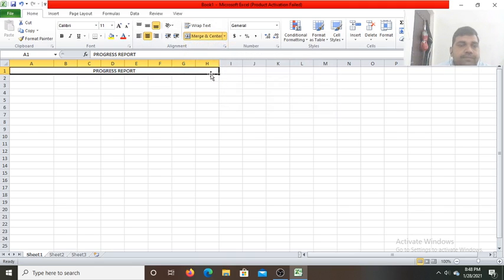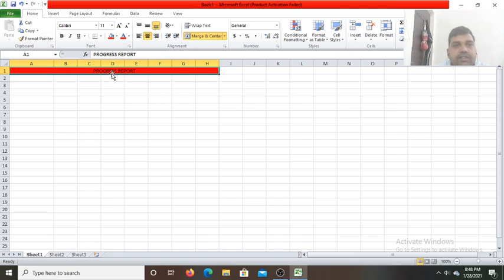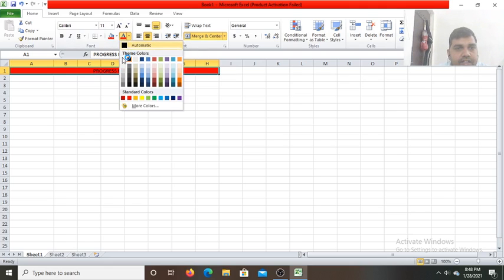So merge and center. Now if you want to fill the background of the cell with some different color, suppose we want to fill with the red color. Now see this is filled with the red color. Now if you want to change the text color, first of all go here and select the white color.